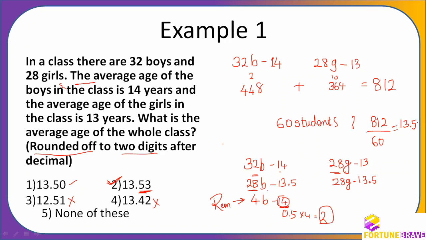Got it? So I just removed those 28 people. I just asked them to stand in before and give half to them. And there were 4 people who were still having 0.5 more, and they were happy that they will not be asked. No, my dear friend. In this group, everybody has to have equal. So what I did, I removed the 0.5 they had more, took it from them and then redistributed to all 60 people. Now you see I have done it in a different way. I am not taking anything extra, I am taking all the extra and then redistributing among 60 people. So it will be 13.5-something.